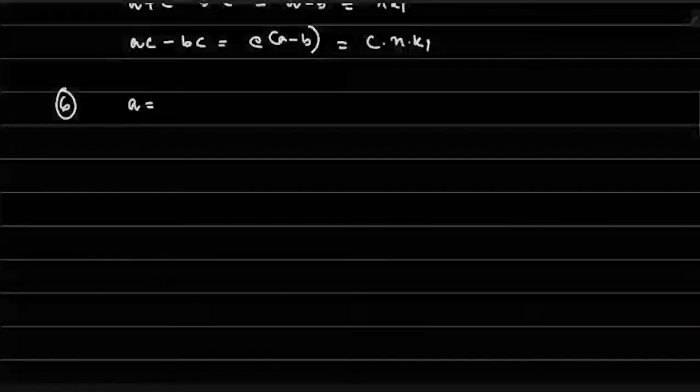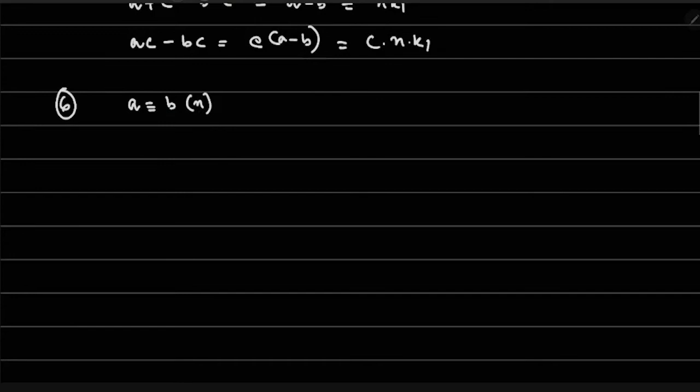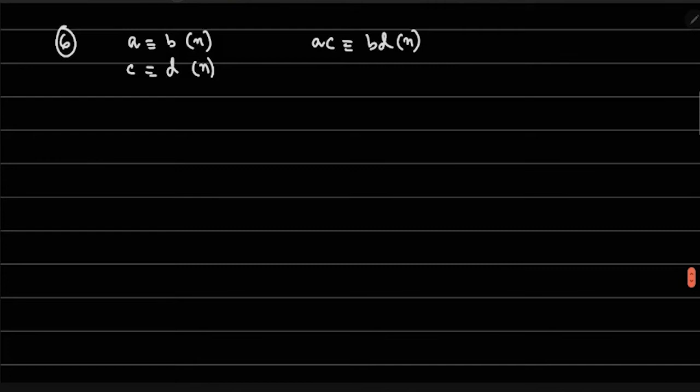So from the fourth one, we know that if A congruent to B mod N is one of my congruences, and if C congruent to D mod N is another one, then we know that AC is congruent to BD mod N. So this is simple actually. Think like you have your second congruence as A congruent to B mod N itself, and you have third, fourth, and all the way up to K times A congruent to B mod N.